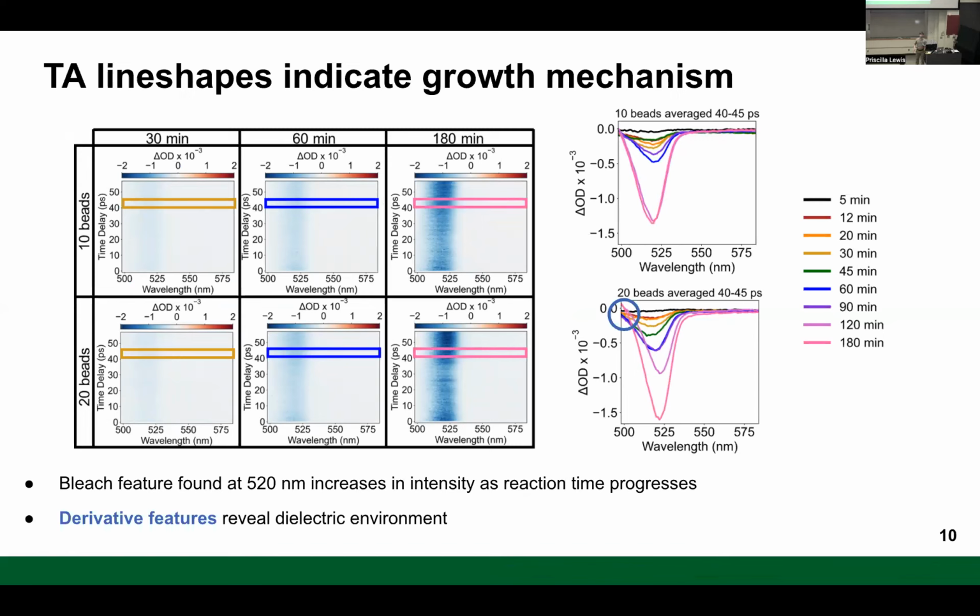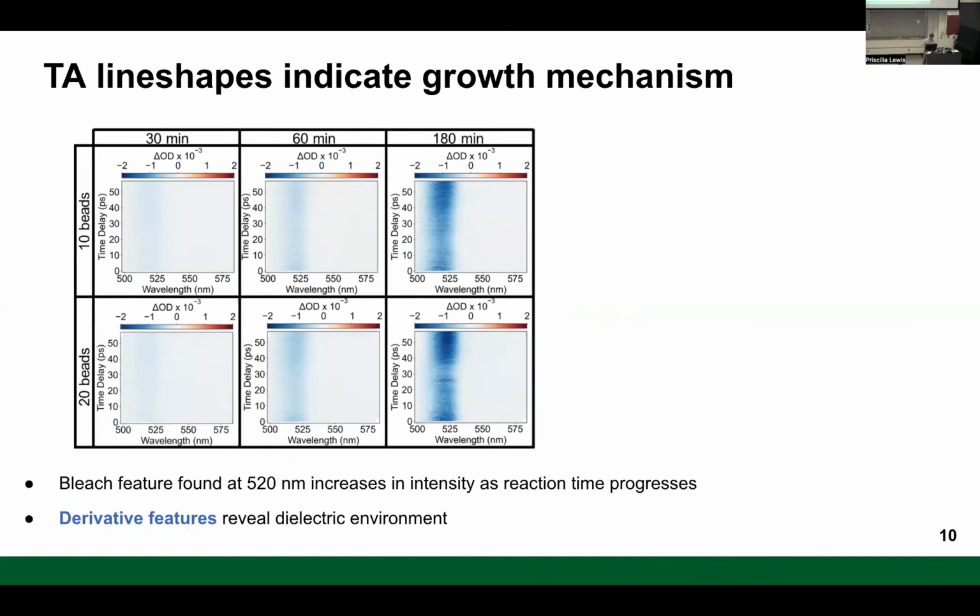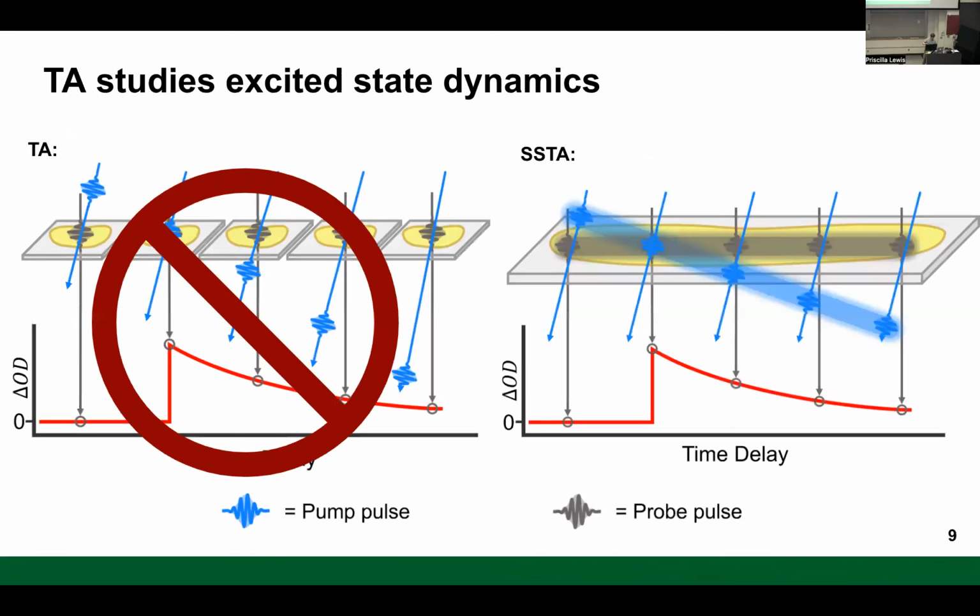Yeah, so when we have our sample and we, here, let me open the SSTA. Okay, so when we first excite it with the pump pulse, then we have an excited state population and then a ground state population. And then when we come in with our probe pulse, this probe pulse can interact with this population in any number of ways. And what our ground state bleach feature just indicates to us is that